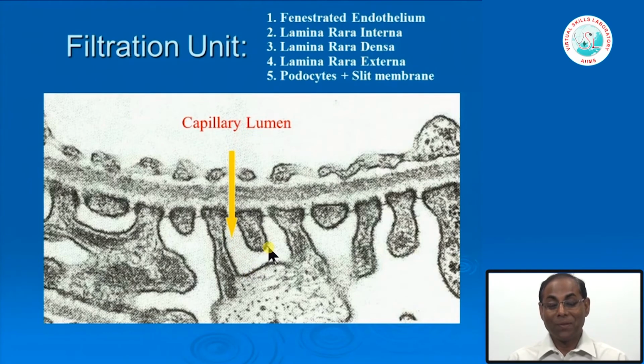For those of you who are interested to know a little more, podocytes are not cells that sit there idly doing some function. They are very intelligent. There is a huge contractile element in each podocyte. When the podocyte contracts, the subpodocytic space decreases, and that can increase the hydrostatic pressure on this side of the glomerulus. That means the filtration rate can be controlled by podocytes themselves, by their contractile function. That's why identification of the subpodocytic space is also sometimes important, because subpodocytic pressure can be regulated, which is important to regulate the glomerular filtration rate at a particular time.